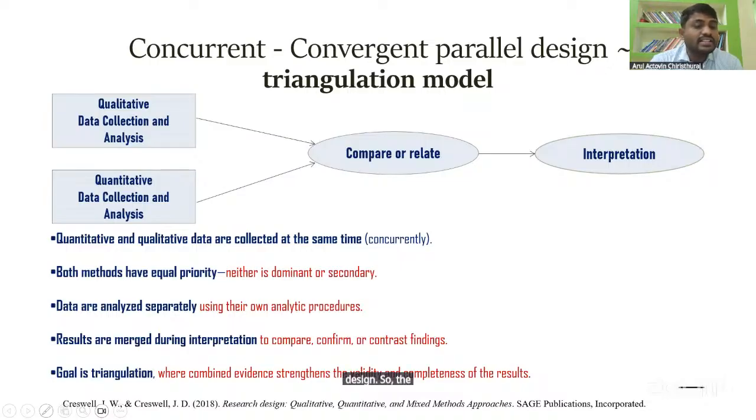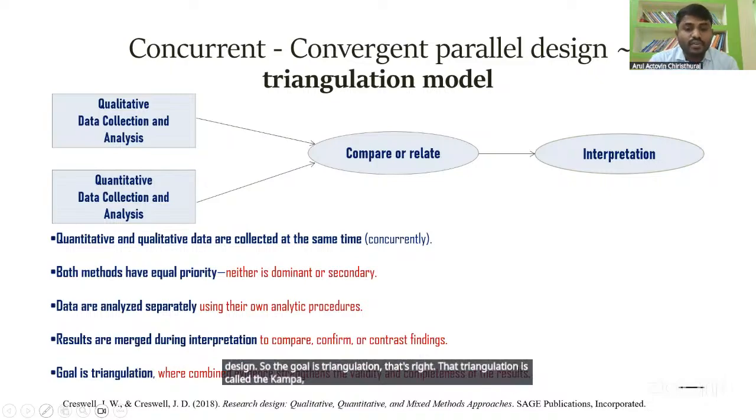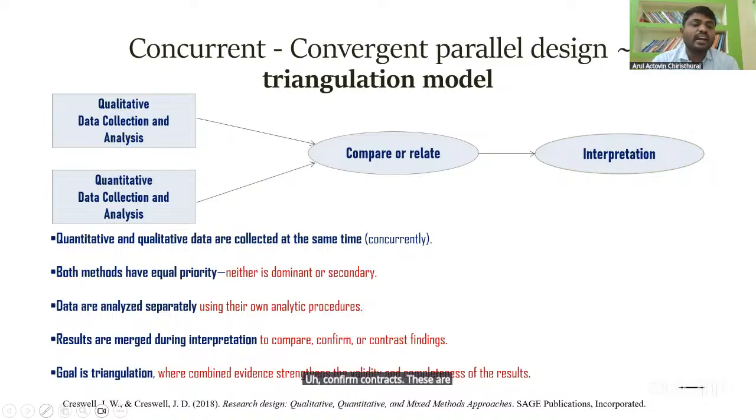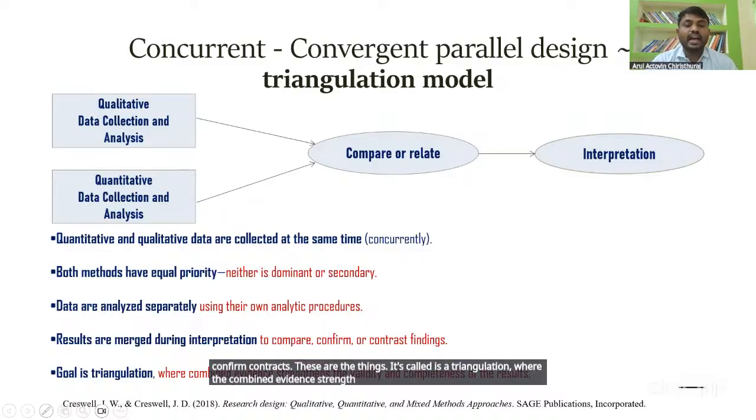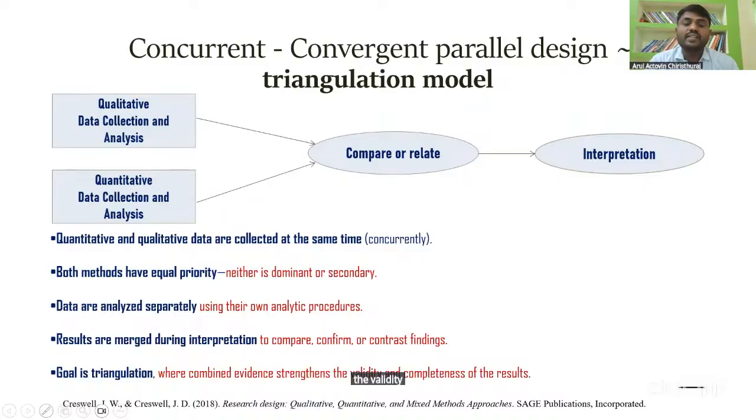So the goal is triangulation: to compare, confirm and contrast. This is called triangulation, where the combined evidence gives validity and completeness to the results.